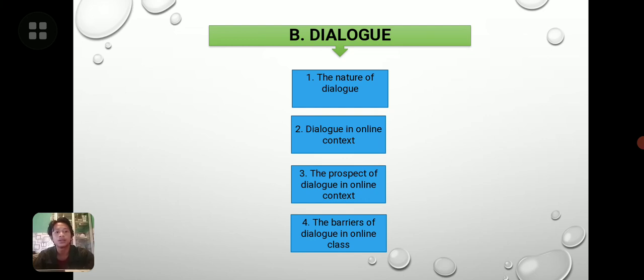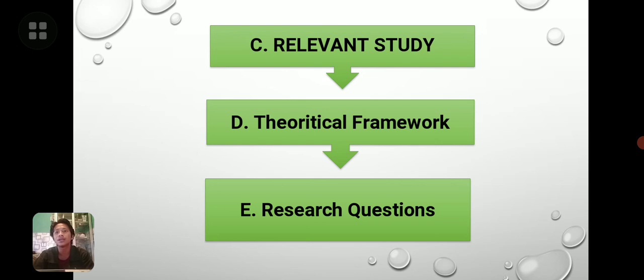Okay, next is relevant study. There are two relevant studies related to this study. The first study was conducted by Jeffrey Soward. The dialogue method is a learning process with the result indicator being silent community building. The second study was conducted by Abdul Ghafur Murzani, on utilizing recorded English dialogue in teaching English to Islamic higher education students in Indonesia.